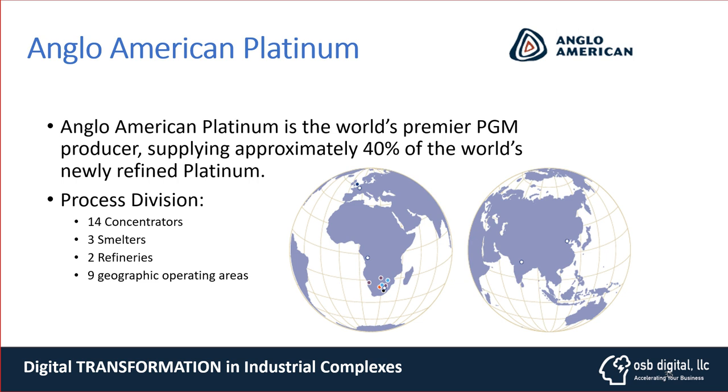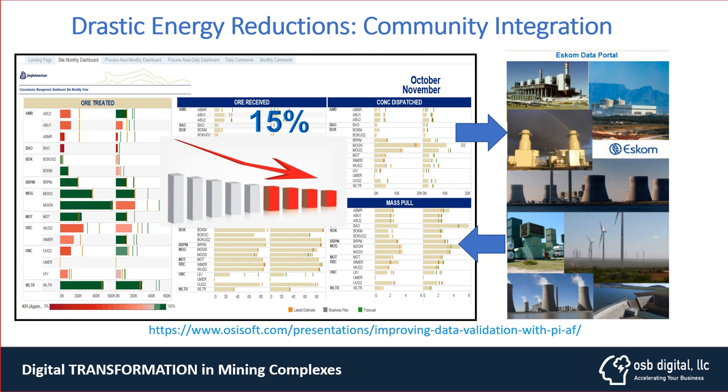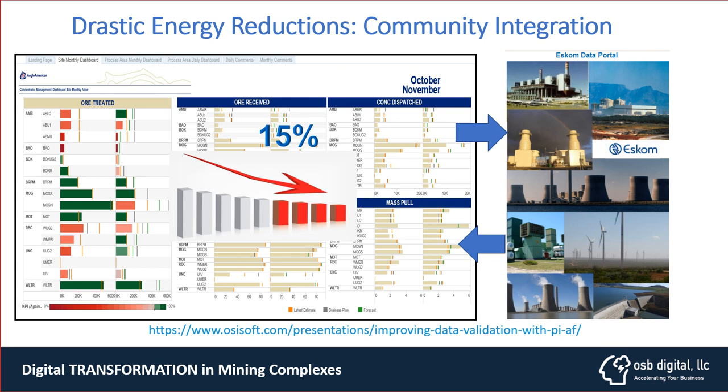The major goal that they had here was really to decrease the overall energy consumption, reducing the cost. And this was done by looking at many types of opportunities in grinding and also flotation. The most important one, which really contributed tremendously, was the integration with their power generation company, so they know exactly when you've got a shutdown of a SAG mill or a big machine, how the plant can go into maintenance.